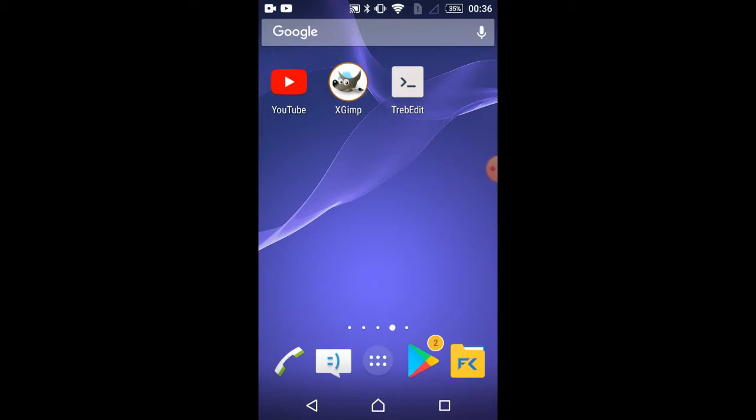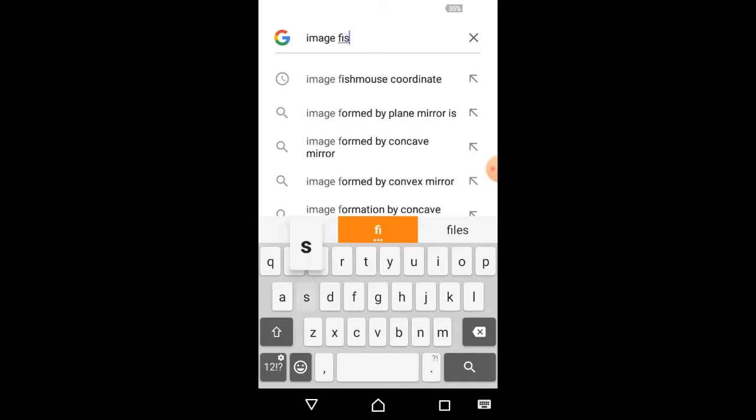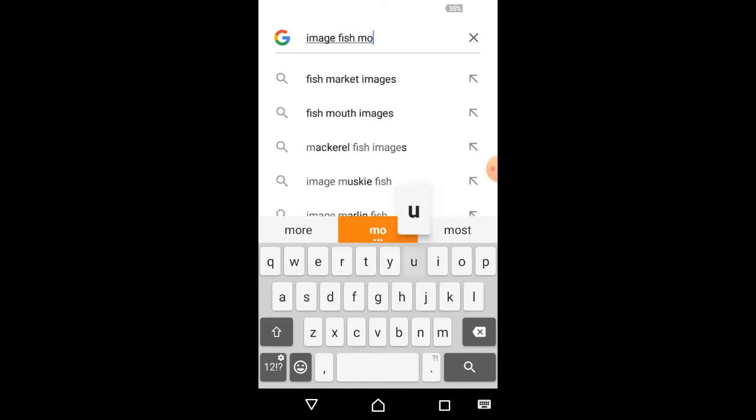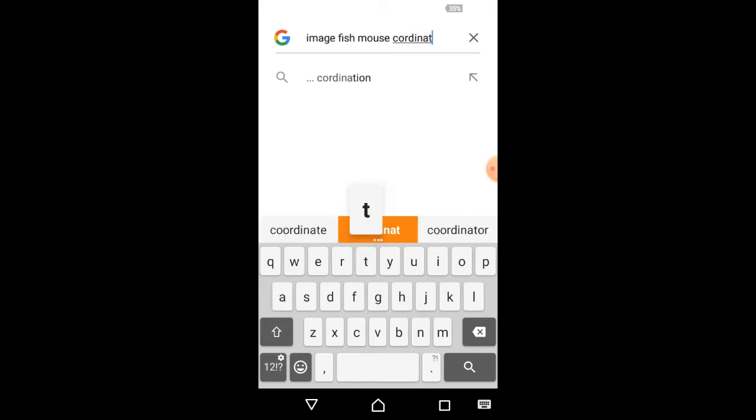So the second way through which you can get the coordinates is to open your Google, or you can even open Chrome. After this, you have to search for image fish mouse coordinates.